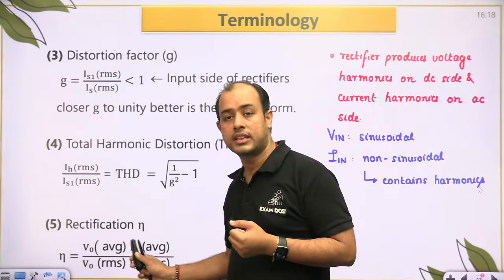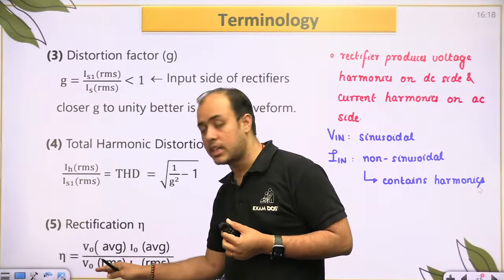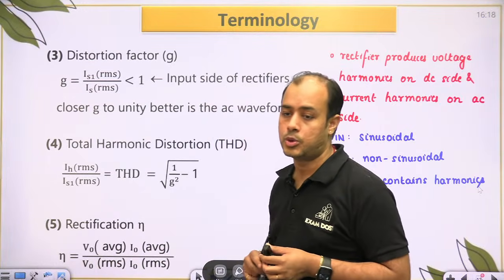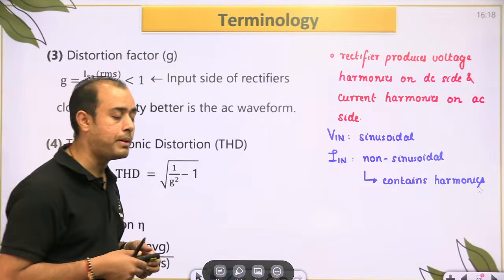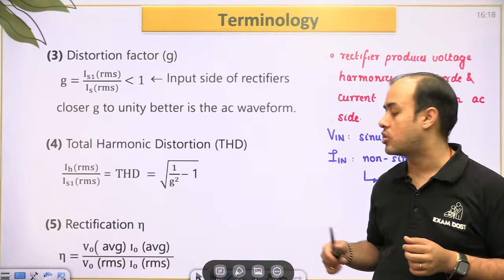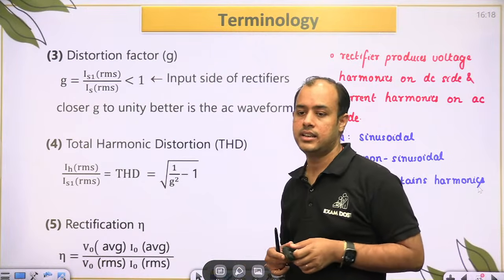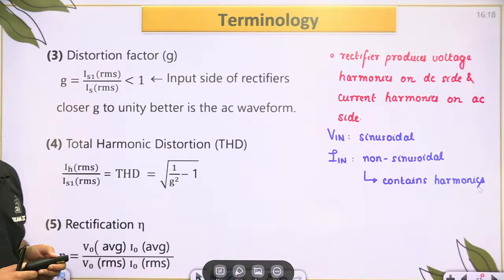So DC or the average power is V average I average divided by the total power available at the output. It means whatever is the total output power that I obtain, how much part of that is contributed by DC. टोटल आउटपुट पावर का कितना हिस्सा डीसी कंट्रीब्यूट कर रही है।